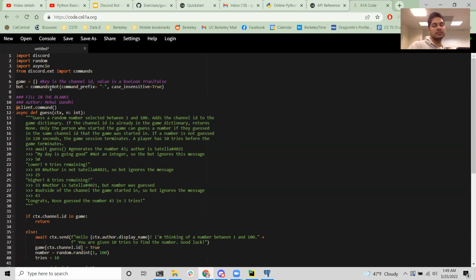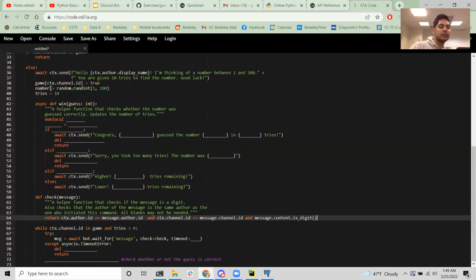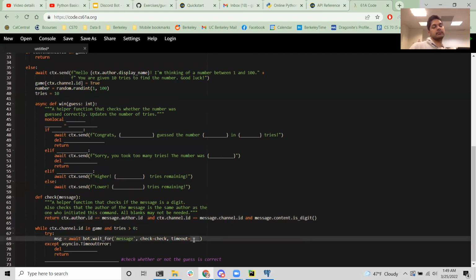If somebody just leaves and locks the guessing game away so that nobody else can play for another session, that's a problem. So if somebody just stops guessing, we want somebody else to be able to play too, right? So that's where we're going to have a timeout. After 120 seconds, if nobody's guessing, then we're just going to end the game session. That's what we want to do, right?